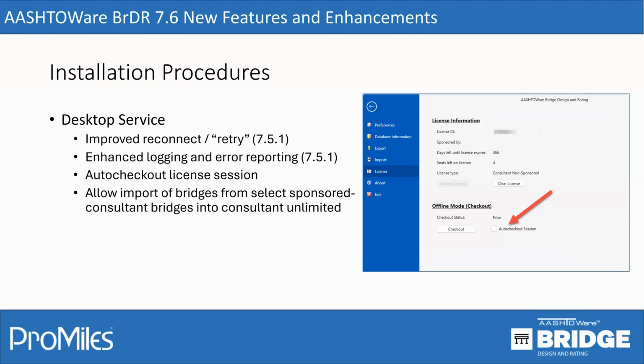To elaborate, agencies with an unlimited license have the ability to use an offline mode. For that, you can check out your license for 7 days, and you can be offline. The license doesn't check in to check the license status, and it can go on for 7 days. But after the 7th day, the license can automatically recheck out itself when it connects back on, and